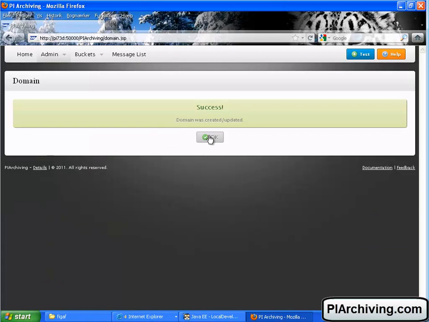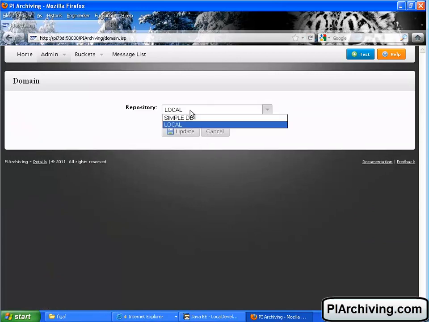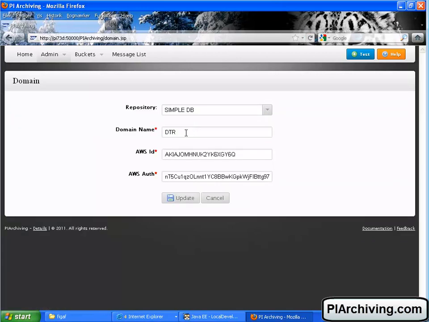With the SimpleDB, you simply... SimpleDB is Amazon's definition of a cloud-based database. In here you can create a domain where you want to store the data. The domain is actually just a place where you can put different buckets of information in. And here we just have created some domain,